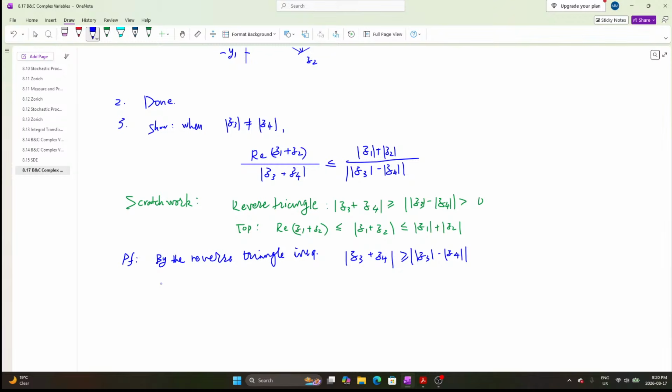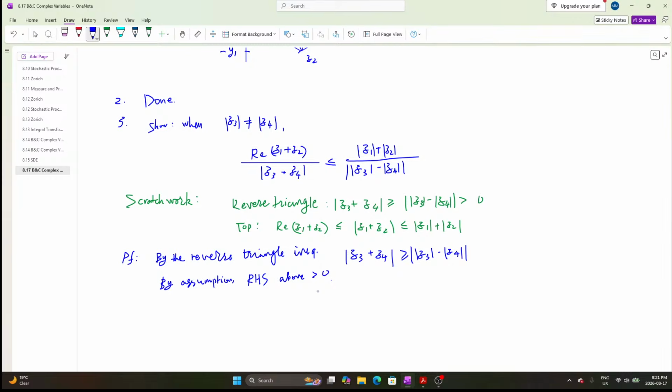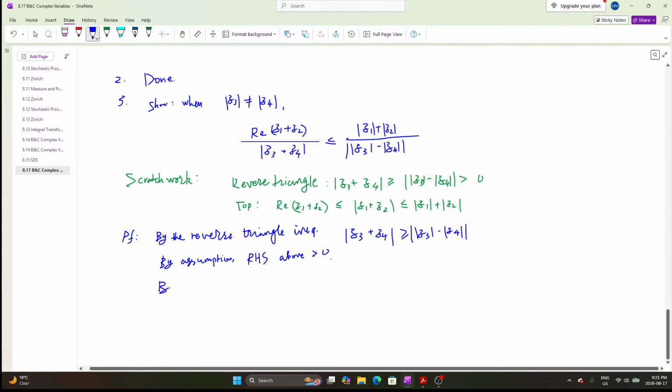Okay, and by assumption, the right-hand side above is positive. Okay, and by the triangle inequality,